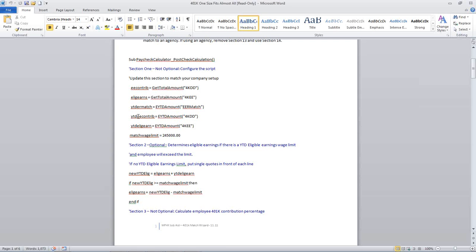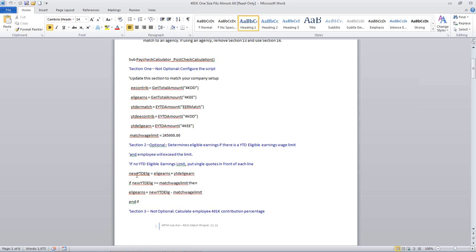If you look at this, it's YTD contrib. Most people would go, okay, that's the year-to-date employee contribution. If I did have bologna sandwich there, they might be wondering what I was talking about. So it used field names to make it easier to follow your math and your logic.